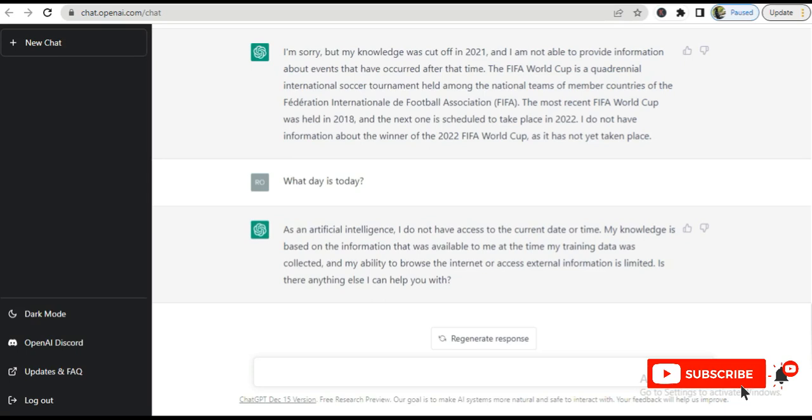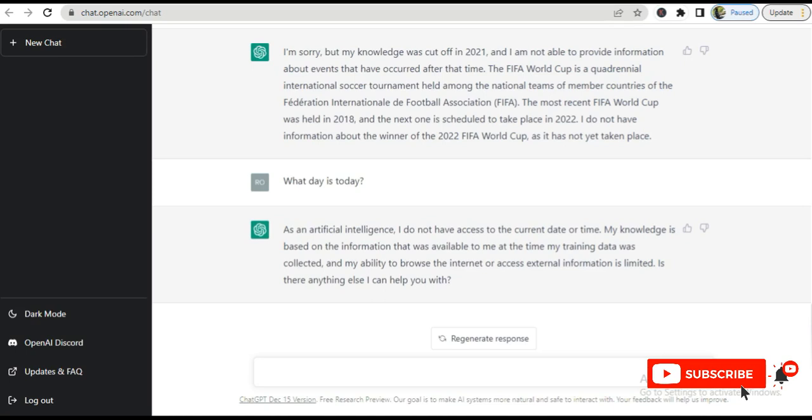The thing is that this platform, ChatGPT, has a lot of potential. I think it is going to be the next big thing. As a lot of persons are saying and speculating around the globe right now, it is really going to shake up how we use the internet and how we source information going forward.